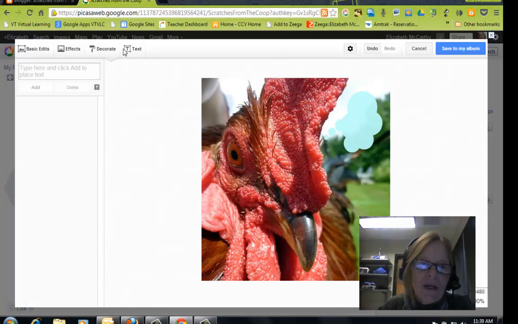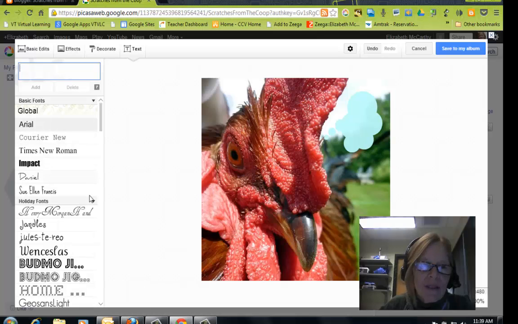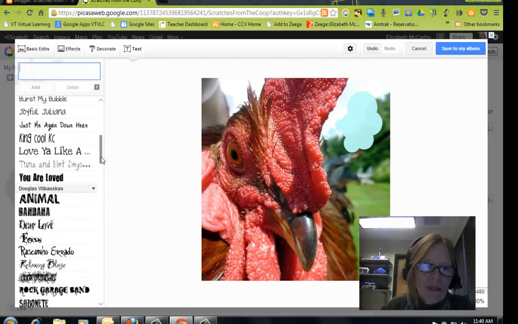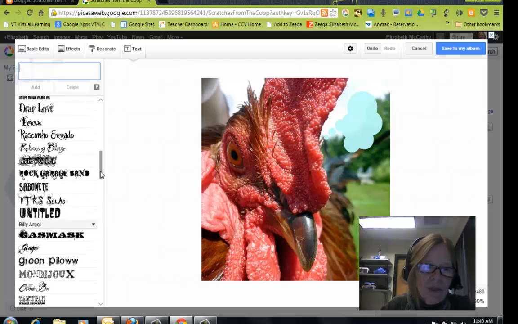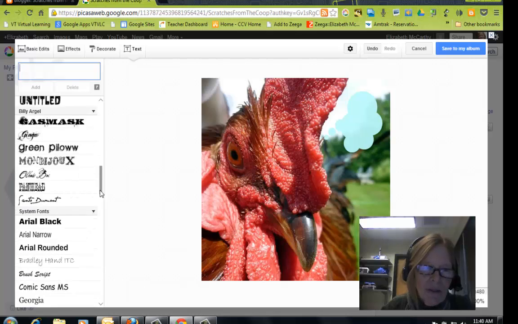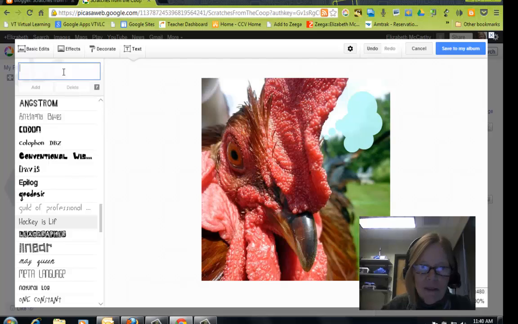So here we have text. I click on text, and I'm going to select text that goes with this photo. Since it's kind of a funky chicken photo, I'm going to look for some chicken-scratching looking text. So there's lots, a little bit, and let's see, what would this chicken be thinking? To your feathered